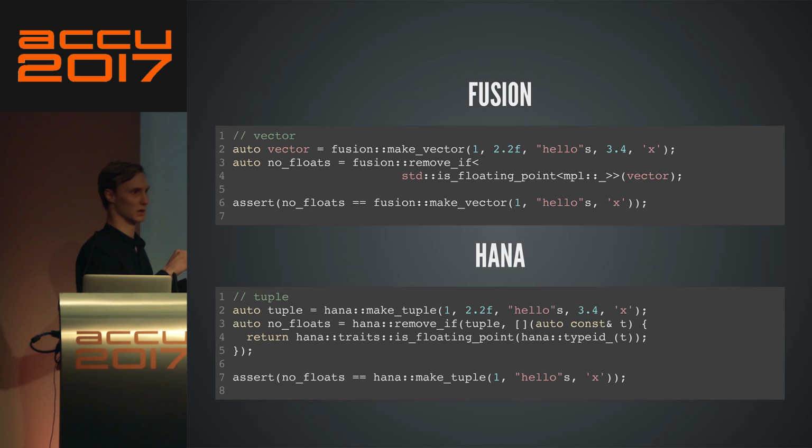Well, not really. Essentially, this isFloatingPoint is built on top of std isFloatingPoint, and all it does is just provide the parens syntax for doing this. So it takes in type ID here, returns an object representation for a type, which I'm going to introduce later on. And essentially what you do here, you just take the type out of this thing, apply std isFloatingPoint, and then return the value. And you basically wrap it to give the proper syntax, but that's it. So there's nothing that is meaningfully different. It is just syntactically different.